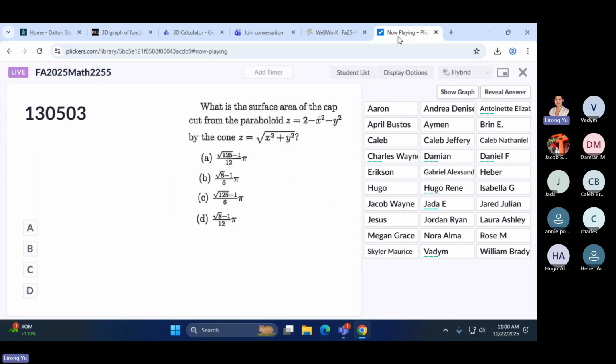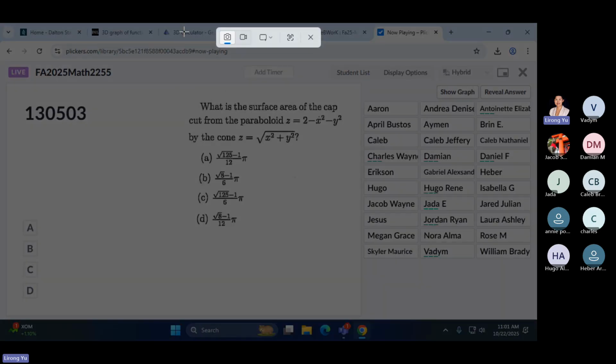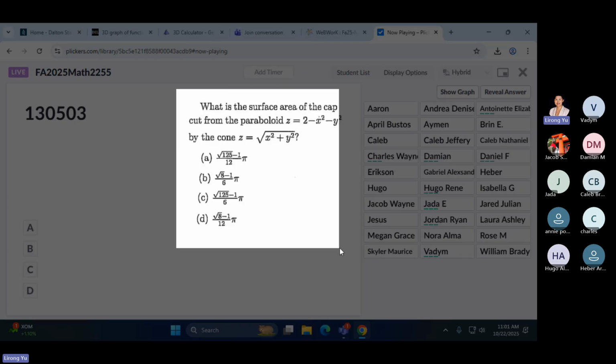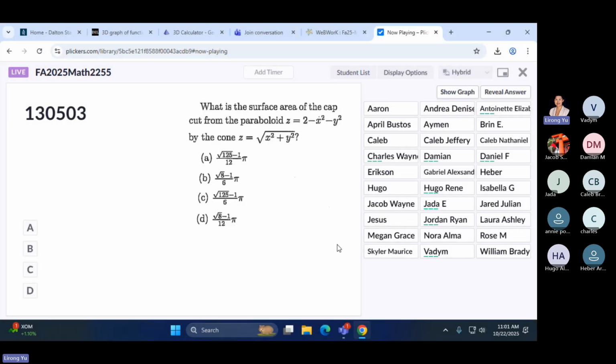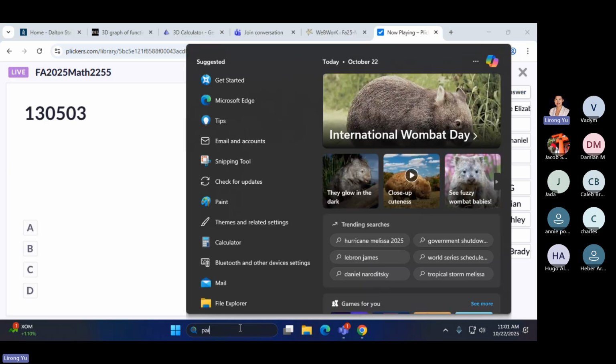When you face this kind of question, you have to remember which one we are calculating, and which one is just a constraint. This question says we want to find the surface area of the part cut from the paraboloid. So z equal to minus x squared minus y squared is the one we will be focused on. You need to know which function we're supposed to take when you are calculating